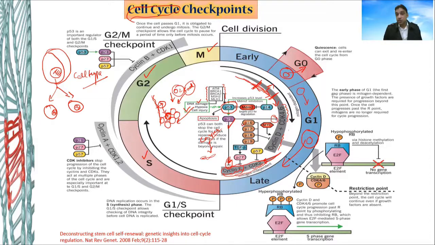the P16, P17, P18, P19, and you can see MYC somewhere here. I told you about the MYC. You can see the MYC. MYC is activating the cyclin D. If the MYC is activating the cyclin D, you can guess that MYC protein is the one which helps the cells to go further and push the cell to enter into the late G1 phase, or to enter into a phase to go for the cell division.